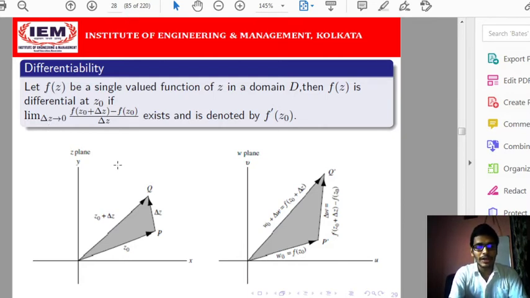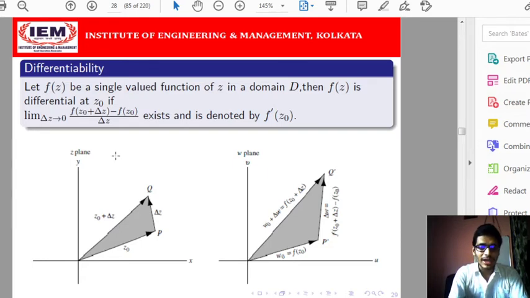We know that whenever we define a complex valued function, it maps some complex variable z into some complex variable w. We can represent a complex value in a two-dimensional plane. So the independent variable z will be represented in the z plane, that is the two-dimensional z plane, whose real axis is x and imaginary axis is y. Similarly, its image w, we can represent in the uv plane, where u is the real part of w, the image value of z, and v is the imaginary part of the image value w corresponding to z.